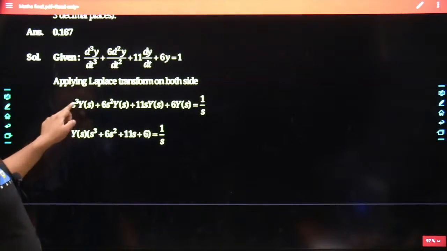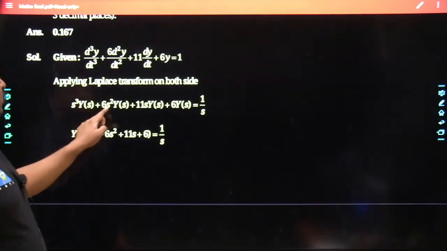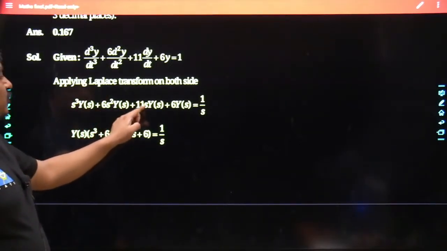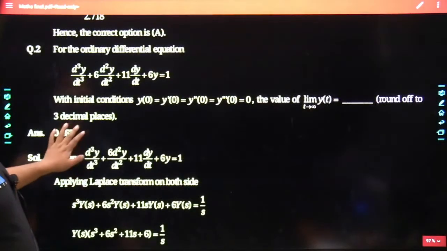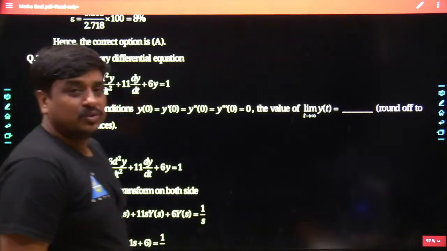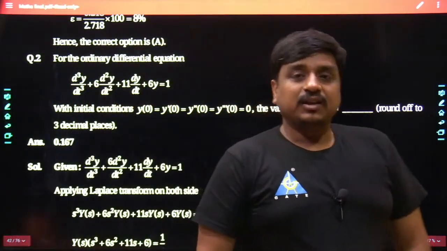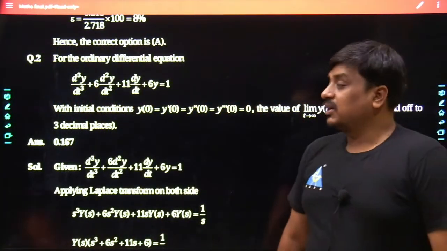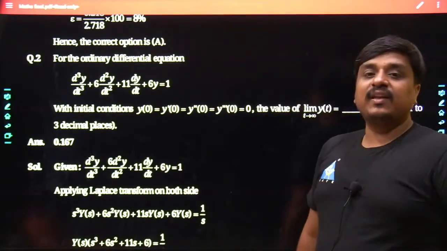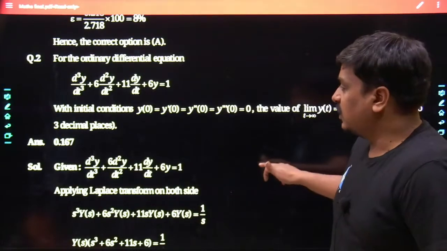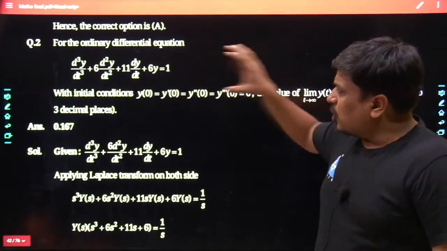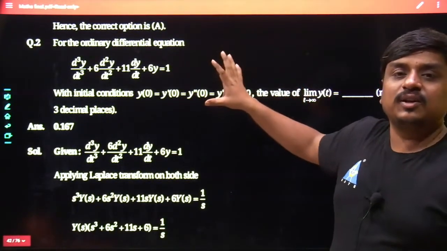Here it becomes s cube of Y of s plus 6 times s square of Y of s plus 11 times s of Y of s plus 6 times Y of s is equal to 1 upon s. And I know many of the students would have tried this problem with the help of CF and PI. Yes, you can do it, no issue as such, but the calculation would become very tedious, very complex, very tough. So the problem has been given in the form of an ordinary differential equation,